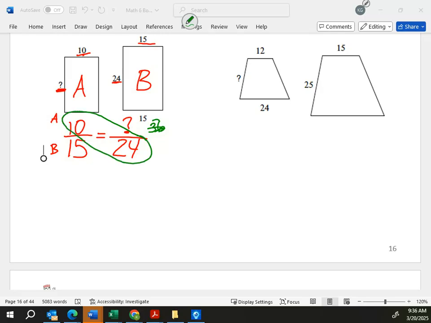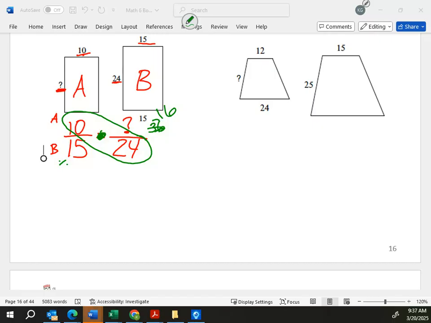You circle diagonally the two numbers that you know. We're going to multiply those. And then we divide by our one that's not matched up. So multiply the two that are diagonal, divide by your other one. What did you get, Sophie? 16. That's more of a proportionate